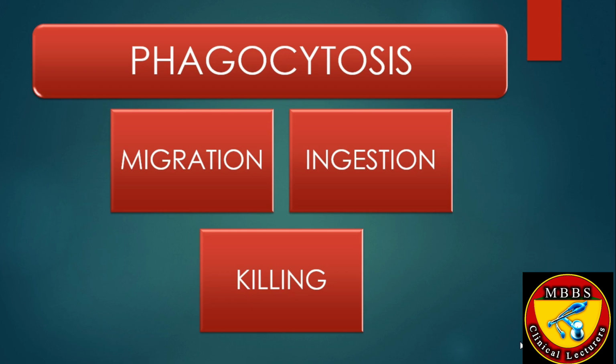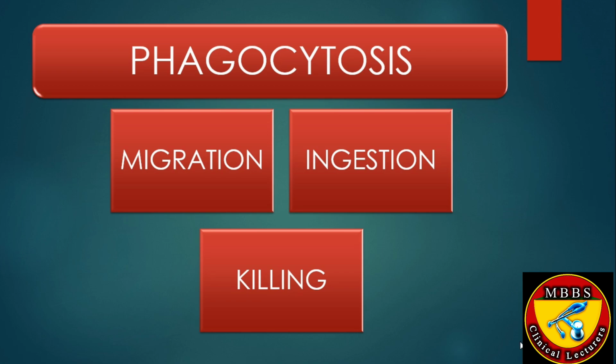Okay, so before going to the actual process of phagocytosis, I would like to tell you about certain proteins known as acute phase reactants or acute phase proteins. The most important of them are C-reactive protein and mannose binding protein. We have lipopolysaccharide binding protein, which is also known as endotoxin binding protein. We have interleukin 6, we have gamma interferon. These are the different types of proteins which are called acute phase response proteins or acute phase reactants,